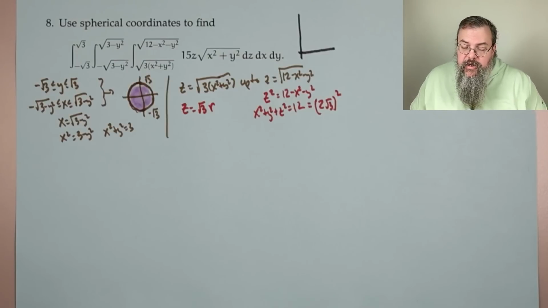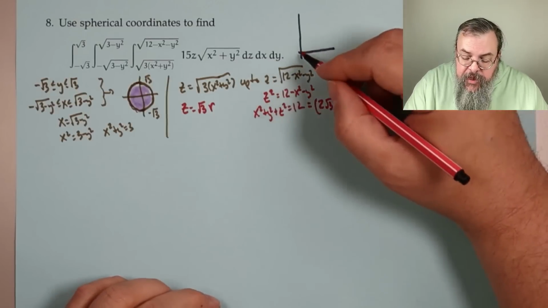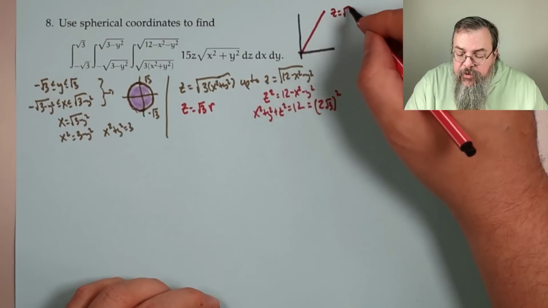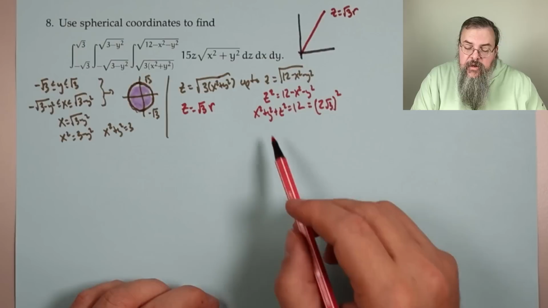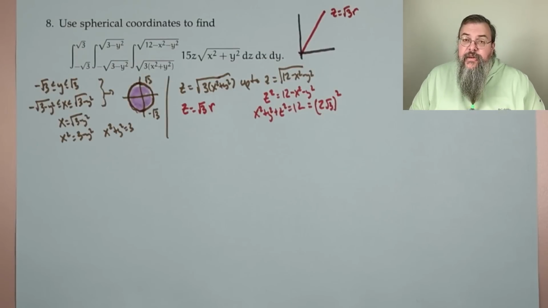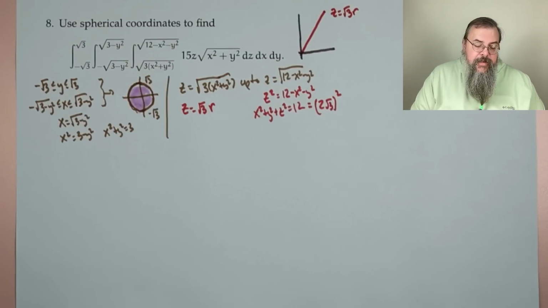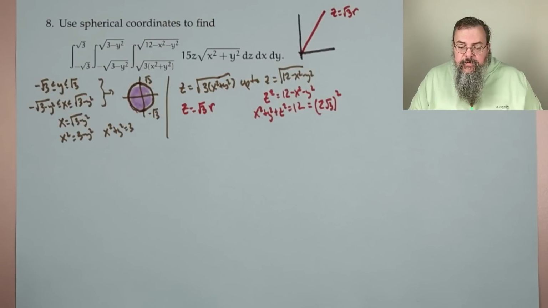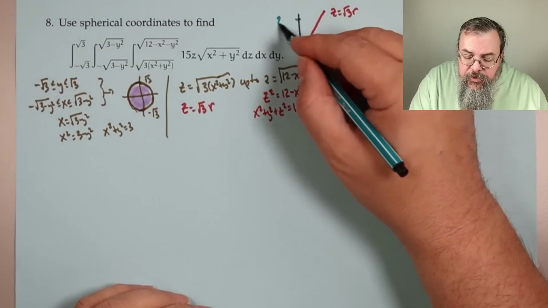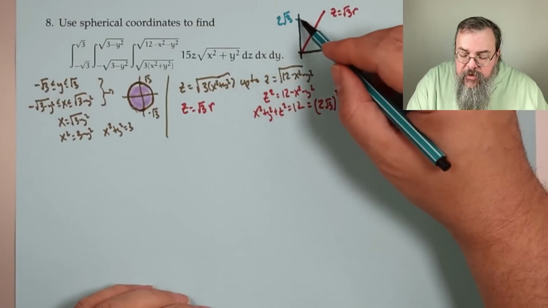Root 3r, that says we're going up. So this is z equals root 3r. And now, this is a sphere in the RZ plane. That becomes a circle. And it's a circle of radius what? Well, of radius 2 root 3. And so then,